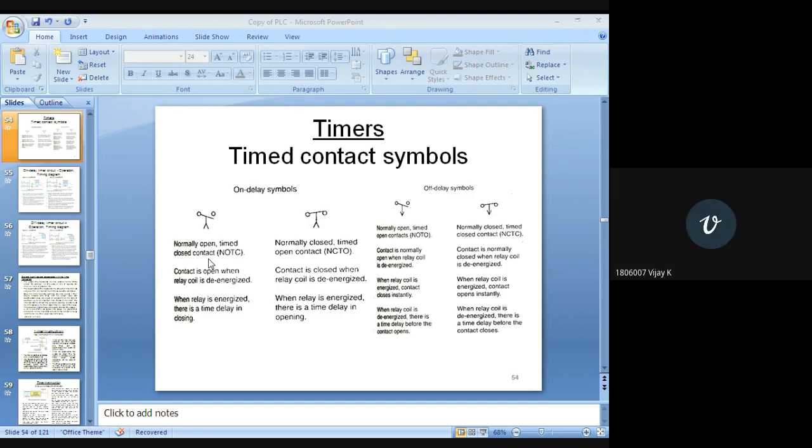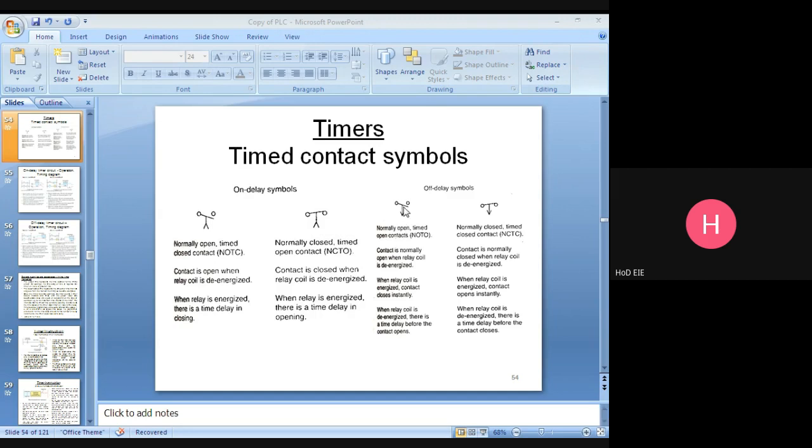Sir. This one is on delay. Next, we are going to see off delay. This one is off delay. Off means downward side, down arrow. In on delay the arrow is on the upper side, here the arrow is downside. Okay, normally open, timed open contact.